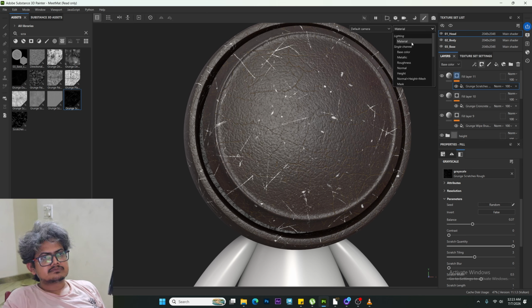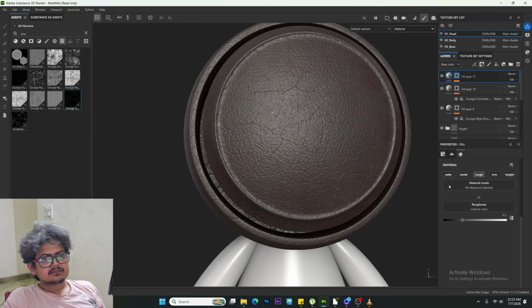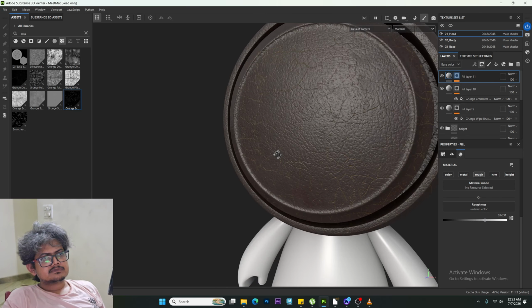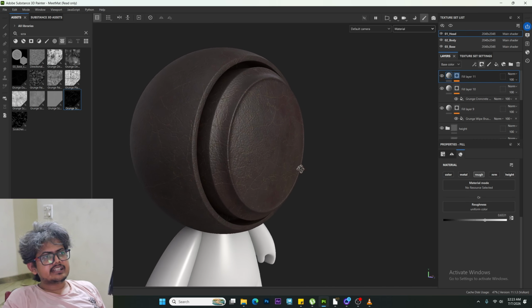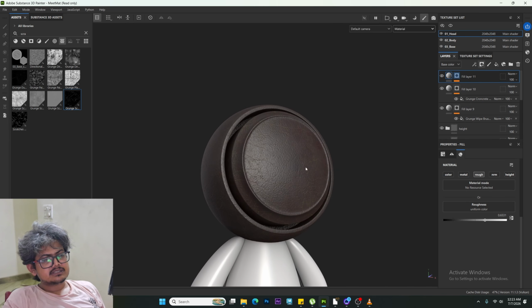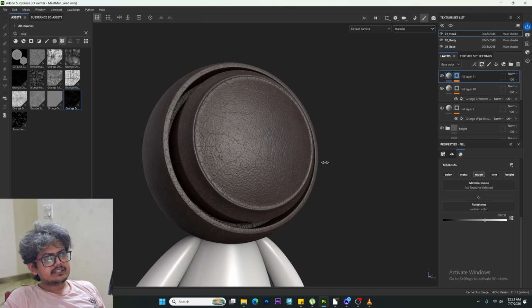Let's see, we haven't worked on the roughness part. As we go further, scratches will be visible. Now I would say we have a pretty much decent variation in the texture, in the